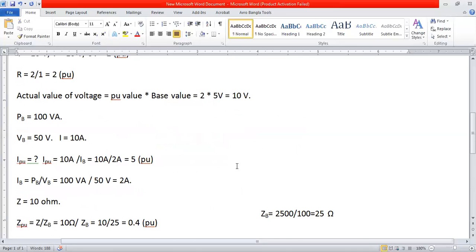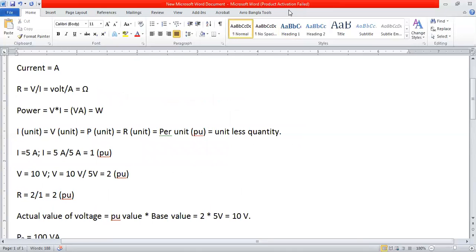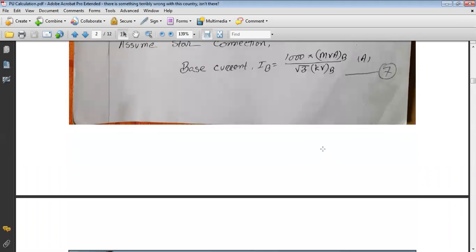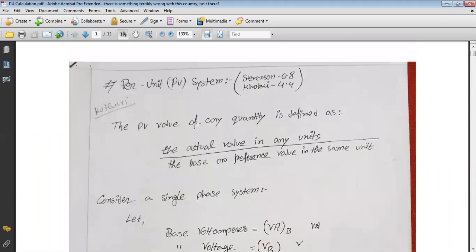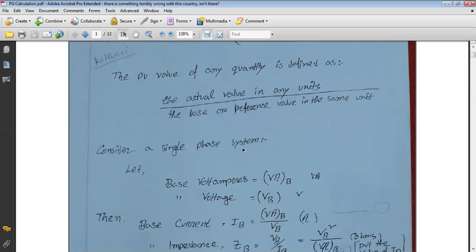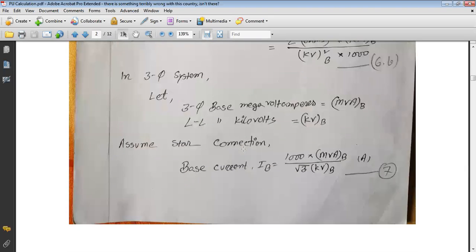তাহলে এখন পর্যন্ত আমরা দুইটা ইকুয়েশন দেখলাম, অ্যাকচুয়ালি মেইনলি দুইটা ইকুয়েশন আমরা দেখে ফেলছি। সো এই দুইটা ইকুয়েশনের মধ্যে একটা হচ্ছে এইটা যেটা আমরা এখন দেখলাম, যখন আমাদের দুইটা ভ্যালু দেওয়া থাকবে পাওয়ারের, দুইটা ভোল্টেজের, একটা দেওয়া থাকবে আমার ইম্পিডেন্স এবং আর একটা বের করতে হবে, তখন আমরা এই ইকুয়েশনটা ইউজ করব। এবং এছাড়া হচ্ছে বেসিক ইকুয়েশন, সেই বেসিক ইকুয়েশনটা হচ্ছে যে কোনো কোয়ান্টিটিকে যদি পার ইউনিটে রিপ্লেস করতে চাই, তাহলে তার অ্যাকচুয়াল ভ্যালুকে আমার বেস ভ্যালু বা রেফারেন্স দিয়ে ভাগ করে দিতে হবে। এটা হচ্ছে আমাদের আরেকটা ইকুয়েশন। সো এই দুইটা ইকুয়েশন আমরা অলরেডি দেখে ফেললাম।